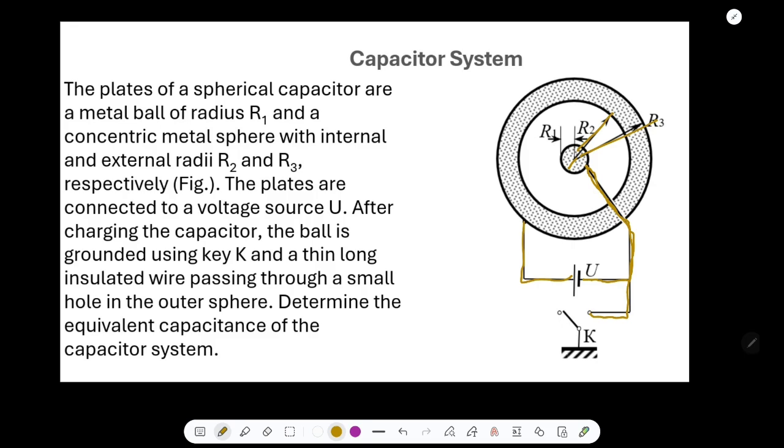Using the key, this key, and a thin long insulated wire passing through a small hole. That is the process by which the ball is being grounded. And now determine the equivalent capacitance of the capacitor system. So this is the problem,